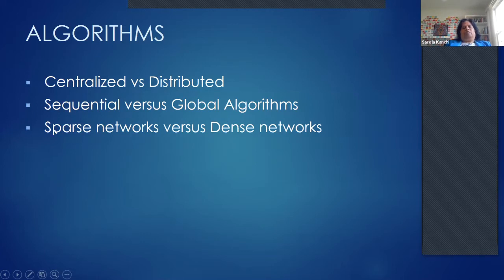Again, sparse is a very interesting case where it's very difficult to localize sparse nodes efficiently, but there are some algorithms that also work on sparse networks. Dense networks tend to be easier, obviously, because there are more nodes available for communication and for global information exchange.